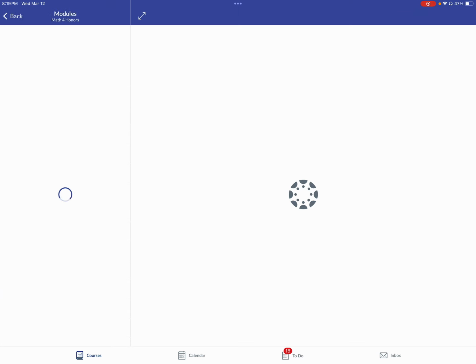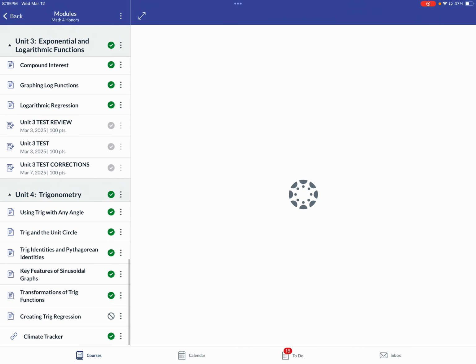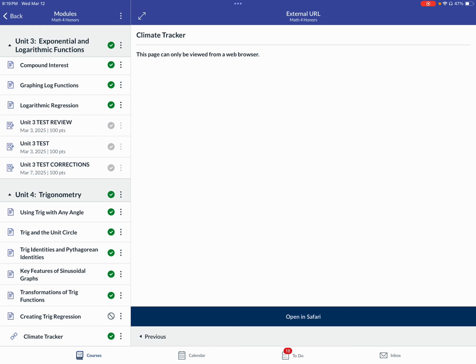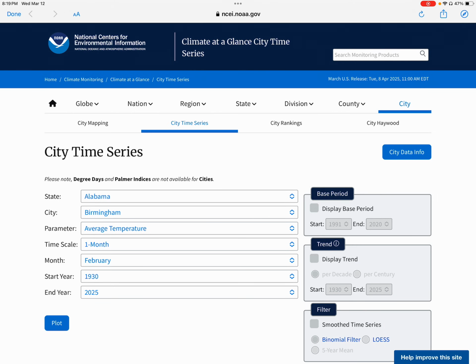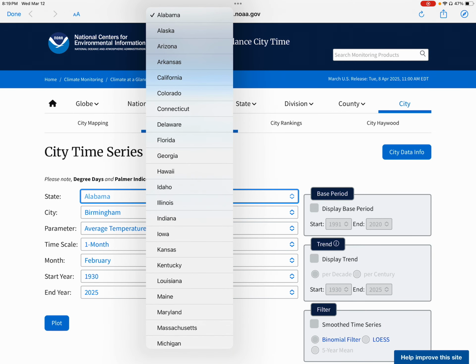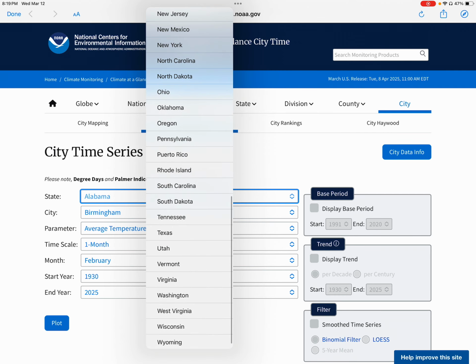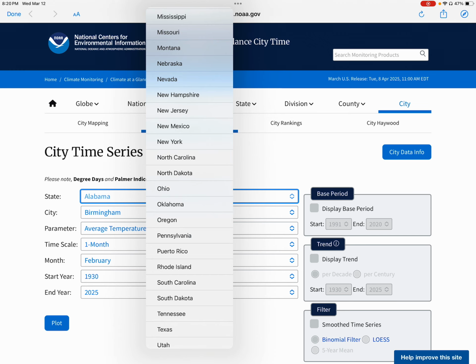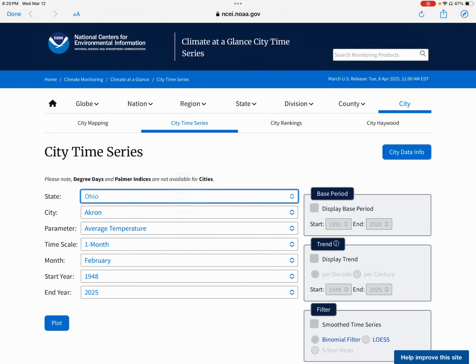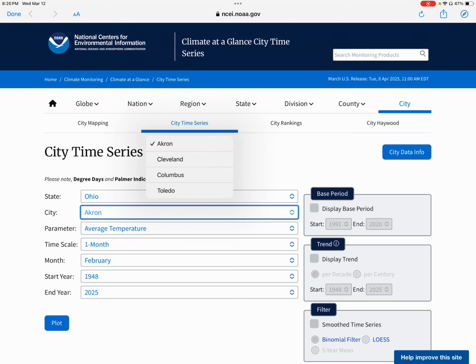You go to modules. It's at the bottom of your modules, and it's called Climate Tracker. See if we can go to it. Basically, it's a website that has collected data from various cities over several years, and it's got the temperatures. So you're going to pick a state. I guess this is just locked into the United States. So pick somewhere cool in the USA. Here's a place that's not cool, Ohio. Okay. Pick a city,